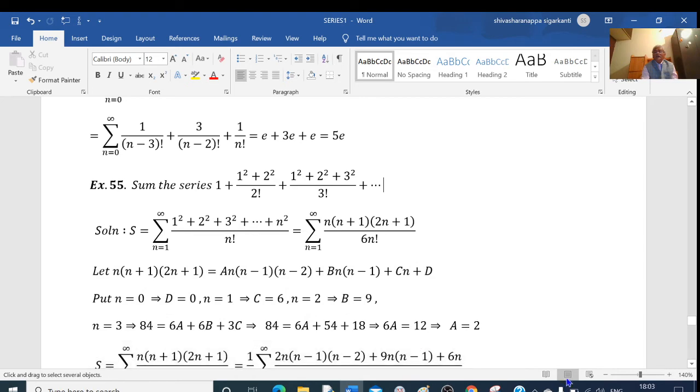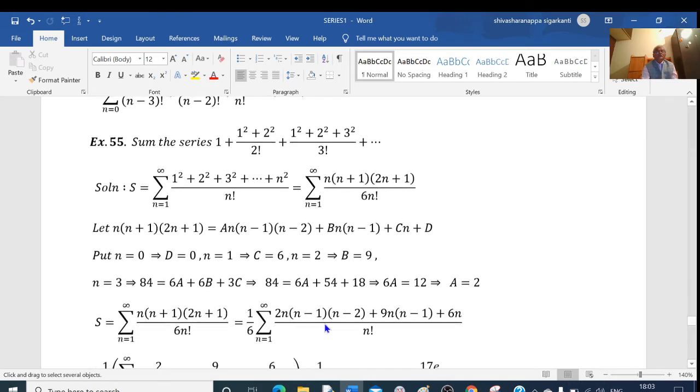So with n equal to 1, here we get 1 plus 1, this is 2, 2 into 1 plus 2 plus 1, this is 3, 3 into 2 is 6. So 6, and this becomes 0, this becomes 0, and already D is equal to 0. C into 1, n equal to 1 means C into 1 is C equal to 6, I am getting. Similarly, if you put n equal to 2 here, you will get B equal to 9. Now we have A to be calculated. I have got the values of B, C, D.